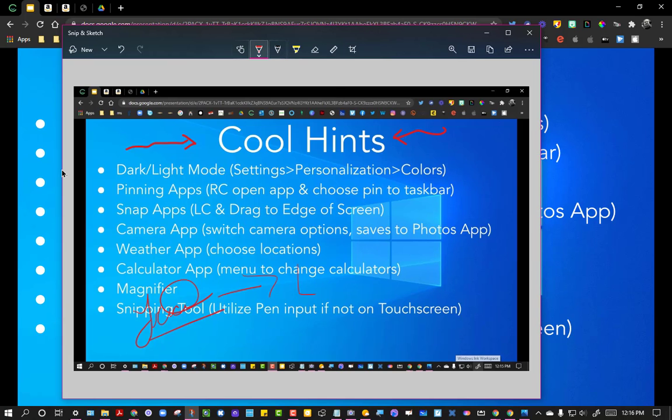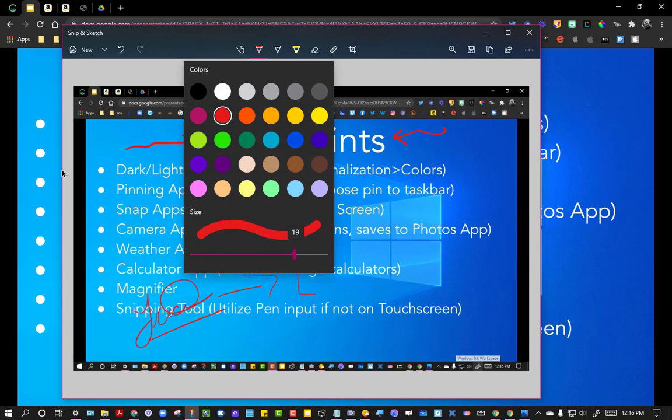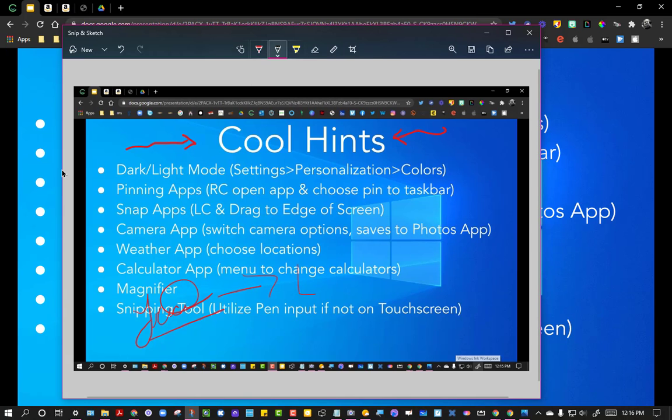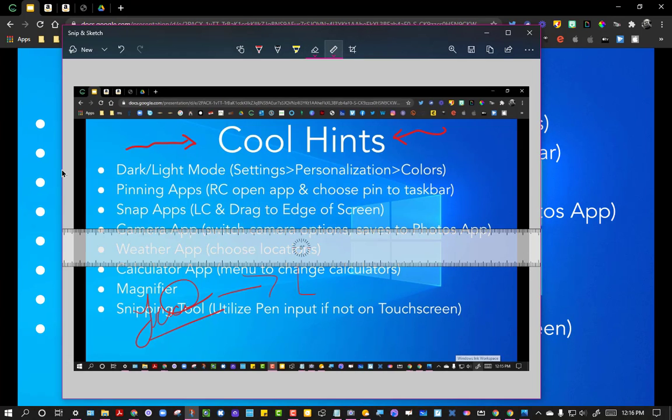So I have the pen. You can choose all the different colors, the intensity or the size of the pen. We have a pencil color, we have highlighter, the eraser, and of course you can pop up a ruler, and when you have that ruler, it'll automatically allow you to draw really nice and straight lines of where you want that at. You can choose to save that image or just copy it and put it into any old document